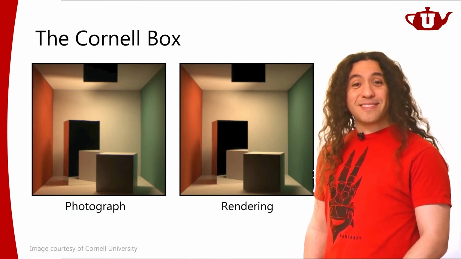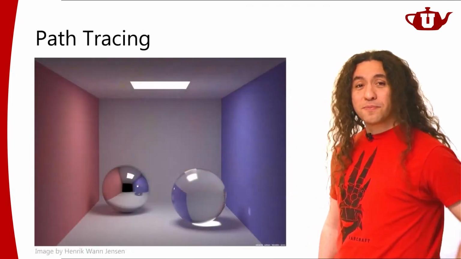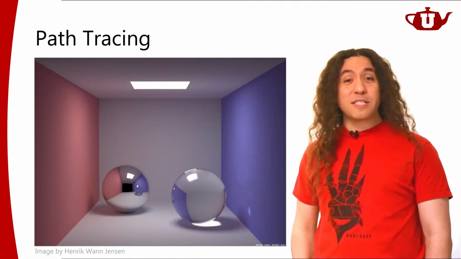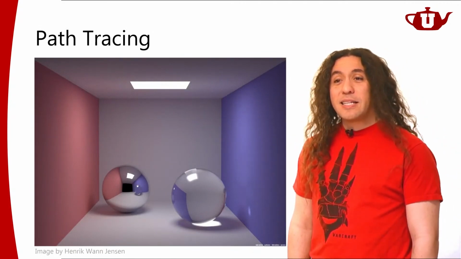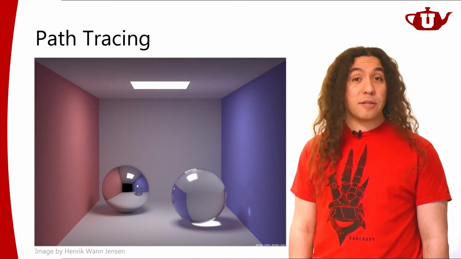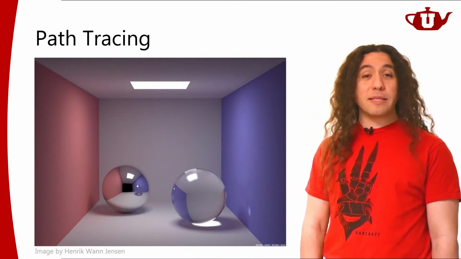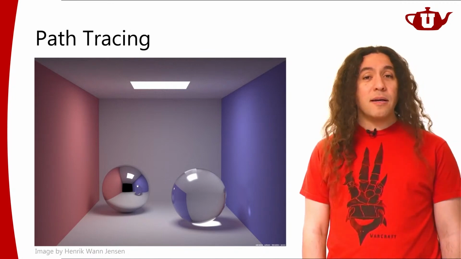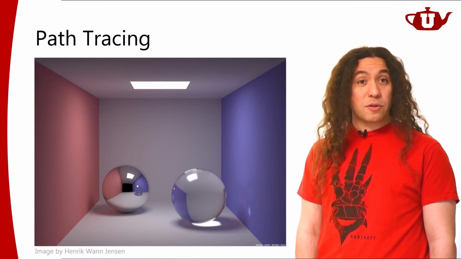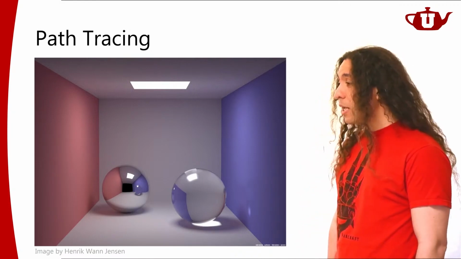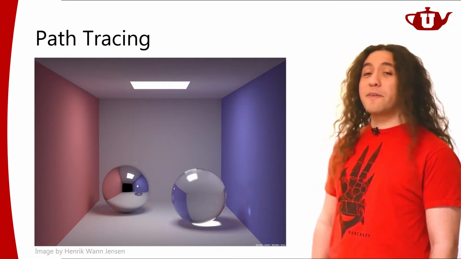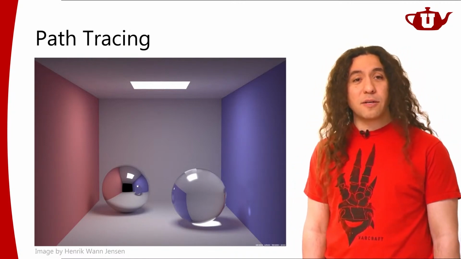Soon after the Cornell box and Radiosity were introduced, Jim Kajiya came up with this idea of path tracing. And path tracing is the standard method for computing global illumination today. They're not the only method. There are so many other methods as well. There are many variants of path tracing. But path tracing is a very fundamental technique for computing global illumination today. And it was, again, introduced right after Radiosity. And this is very different than Radiosity. It works very differently than Radiosity.